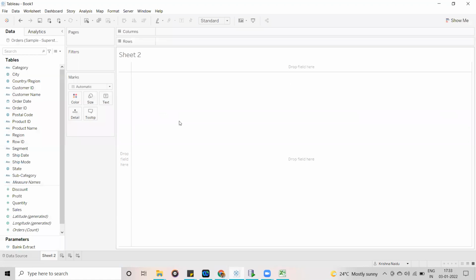Now guys, actually the calculation types, we are having different types of calculations. Okay, so the first one is basic expressions. In the basic expressions, we are going to have row level calculations.